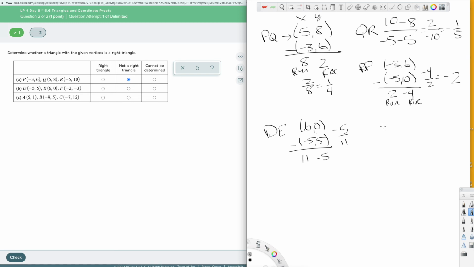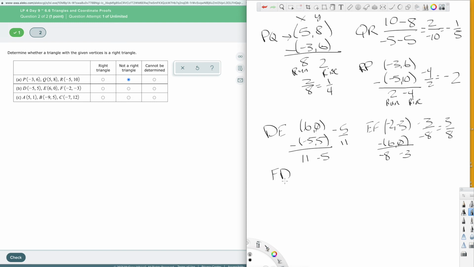And then we're going to do EF. So I have -2 over -3 and 6 over 0. No, I didn't cross off my zeros there. So I end up with -3 minus 0, which is just -3. -2 minus 6, which is -8. So I end up with -3 over -8, which turns into 3 over 8. 2 negatives make a positive. And then I have